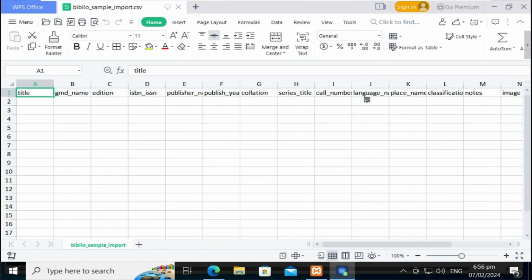See, you need to provide the title and the subtitle within this column. And GMD is actually sort of item types: edition, ISSN or ISBN number, publisher name, publish year. Collation is sort of physical description: number of pages, Roman pages, size, whatever. Series title, if there is any series title, so you can provide here. Call number,